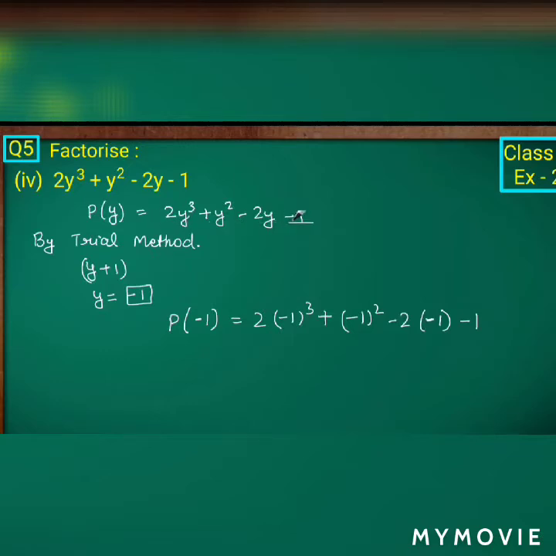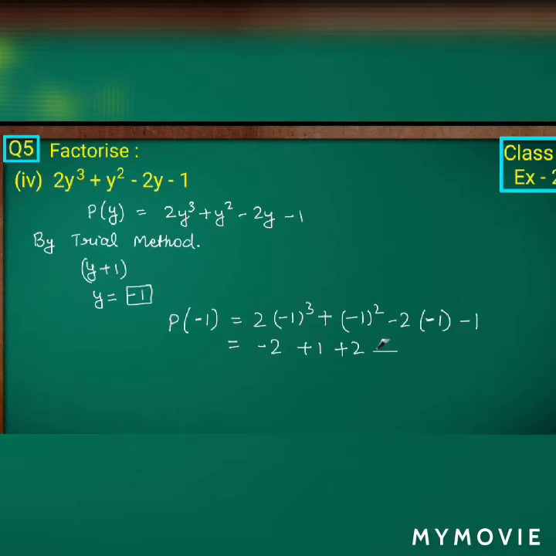So 2 into minus 1 whole cube is what? Minus 1 whole cube is minus 1, and minus 1 into 2 is minus 2, isn't it? That is minus 2 plus minus 1 whole square, which is plus 1. So plus 1, and minus of minus becomes plus 2, isn't it? Plus 2